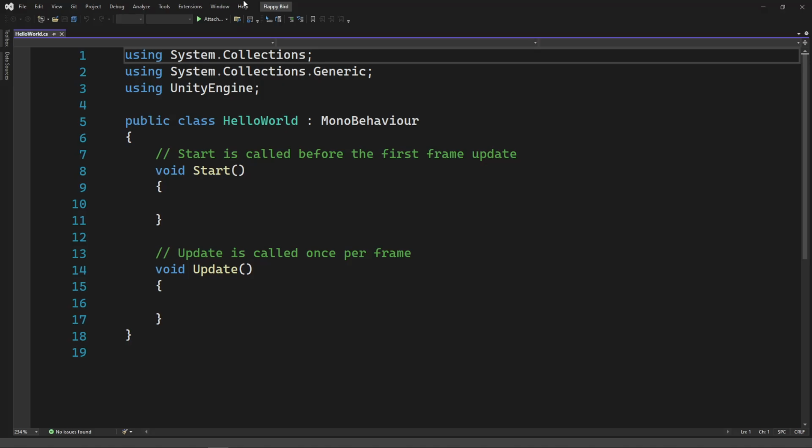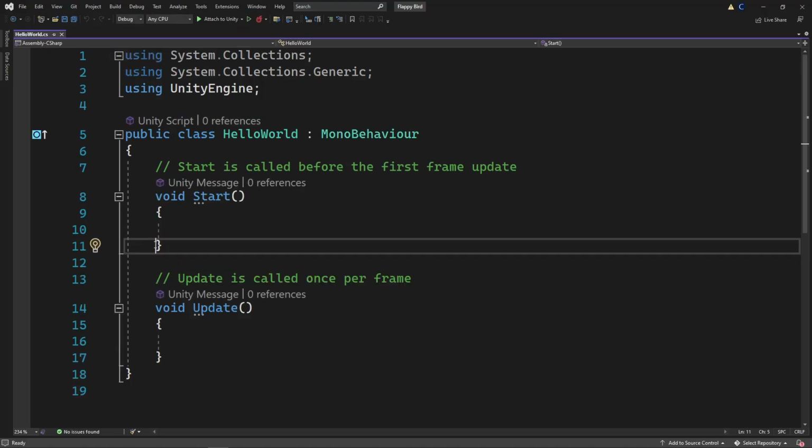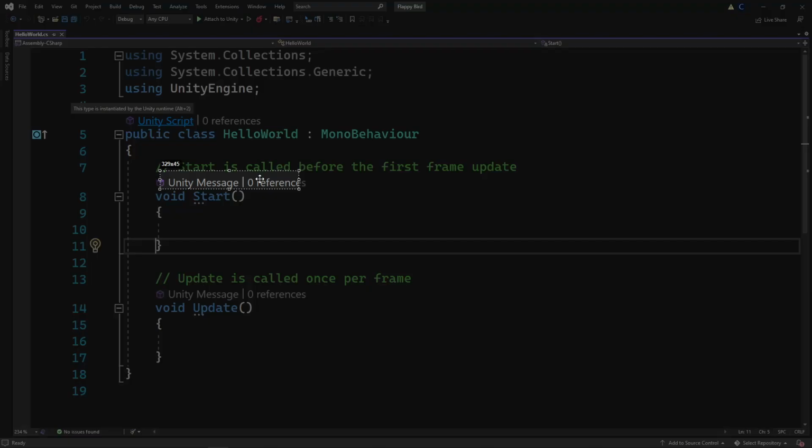Thank you. So one thing that I do want to call out, in my version, I have it so that it shows like Unity script right here, 0 references, Unity message, 0 references. Does anyone not have that? It should say Unity message, and if we hover over start, for instance, it will give us a little tooltip that says start is called just before any of the etc. Does anyone not have this stuff appear? I don't have that.